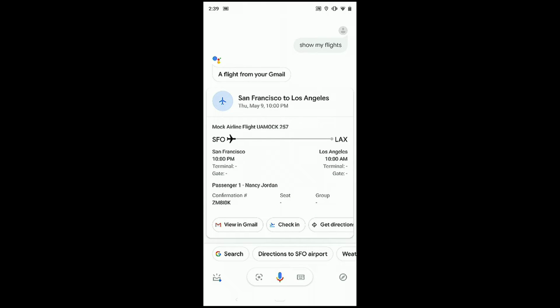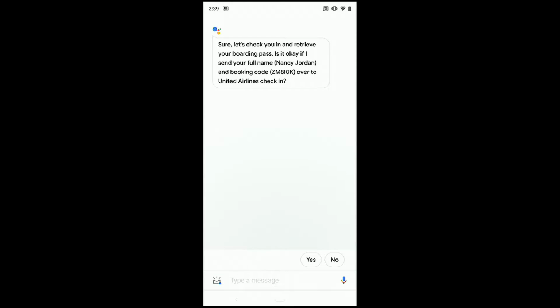So as you can see, once this loads, I'll see my card for my upcoming flight, right? And if you look a bit below in one of the chips, we have the option to check in right in there. So I'm just going to take that. Great. So I'm just going to be asked a few questions in this really nice conversational style that you already know about Assistant.